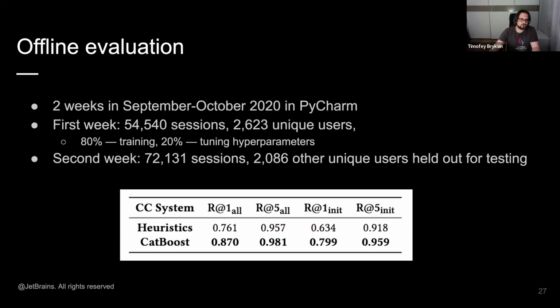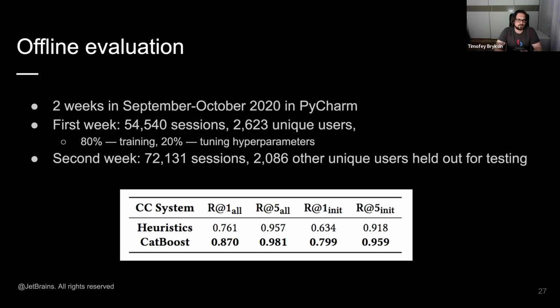But before testing on humans, we wanted to see how it behaves on unseen data, data that hasn't been seen during training. So we collected 2 weeks of user logs, trained the model on the first week's data and tested on the second week's data. We use the recall at K metric, and the most important one is recall at 1, which is the very top choice for the user.